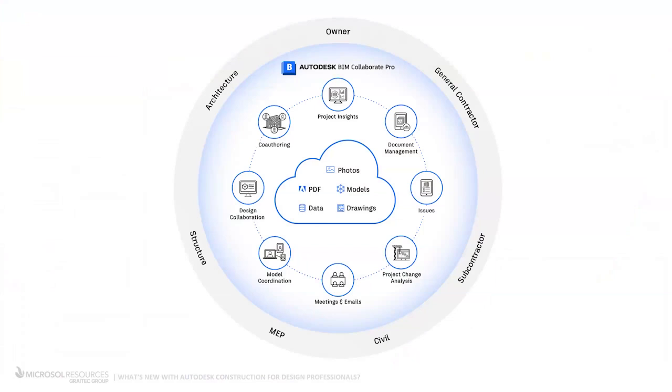So now we can see that BIM Collaborate Pro sits at the center of the design coordination ecosystem, connecting all stakeholders across architecture, structure, MEP, civil, and beyond. At the core is your project data: models, drawings, PDFs, and other documents. Surrounding that are critical workflows: design collaboration, co-authoring in Revit, document management, issue tracking, and project insight tools, all built